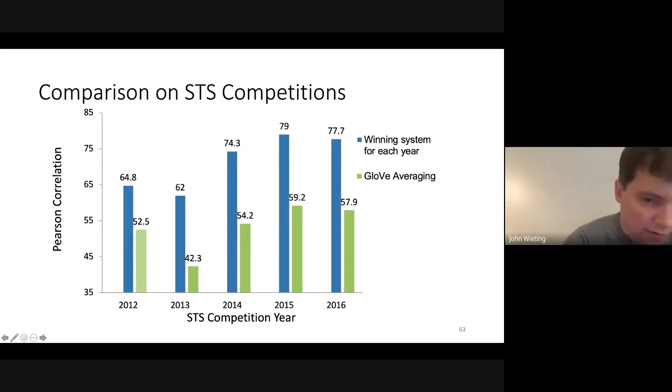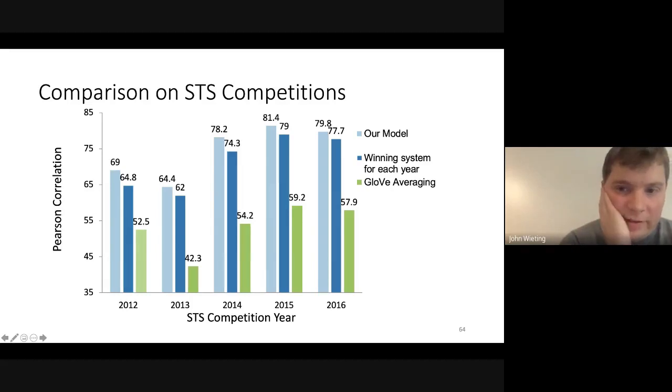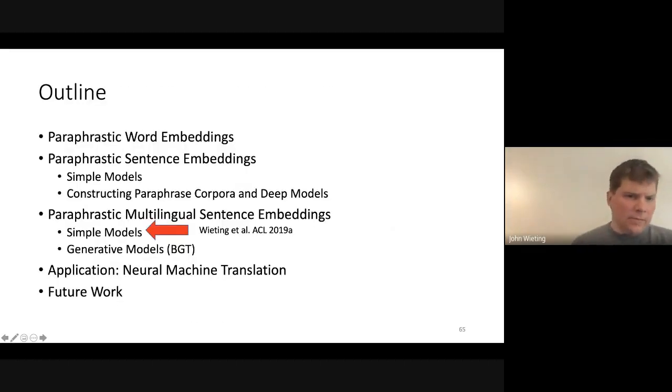Then we evaluated just our basic models. Here we have the STS competitions. The winning system of each year is in blue. This was our long-term goal; those systems used the training data, and people incorporated other resources and tried to win these competitions. If you average GloVe, that's where you start off, in green. That's a natural baseline. But just by training these averaging models over this data, it's enough to significantly beat these winning systems. Again, all you're doing is averaging, but this combination of this corpus and our models is enough. So that's it for that.